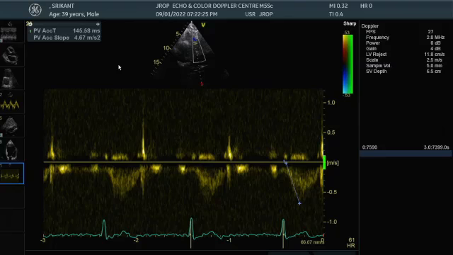Okay, sir. As this becomes shorter, suppose this becomes 100. So 80 is a fixed figure. 80 minus half of the 100, which is 50, would be 30 millimeters of mercury, my mean pulmonary artery pressure. But this formula is not very valid because what happens with tachycardia? The systole gets shortened down.